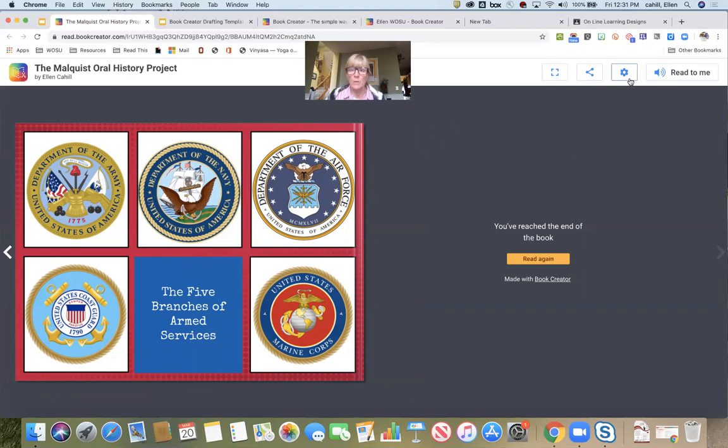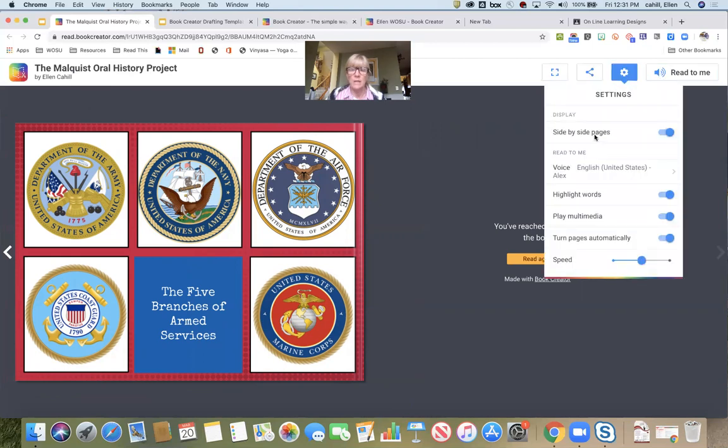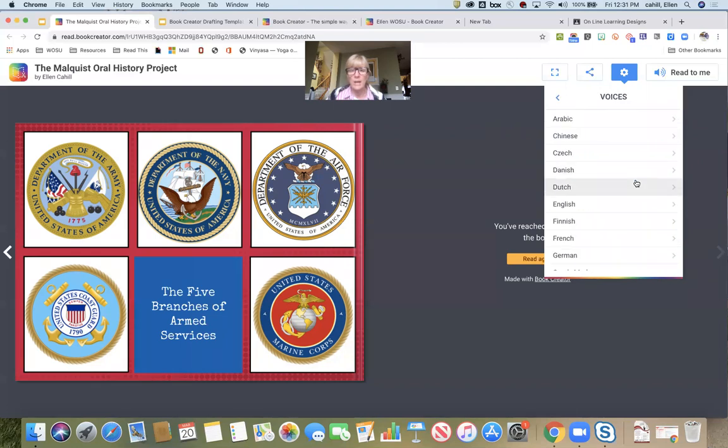So with the settings, you can see that it's reading it to me, and it's being read in English. I can highlight words, have it play the multimedia, turn pages automatically. I can control the speed of it being read. I can also change the voice; I have all these other